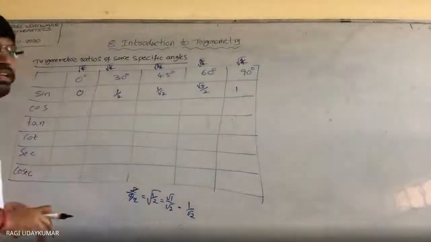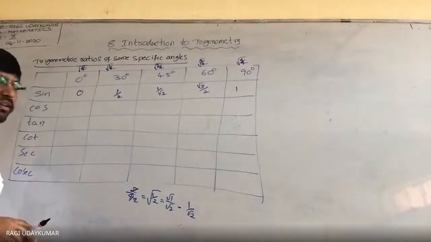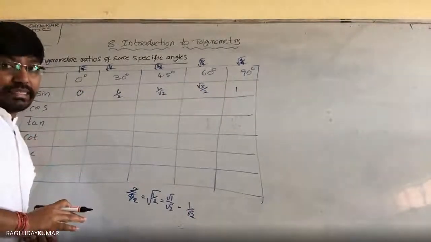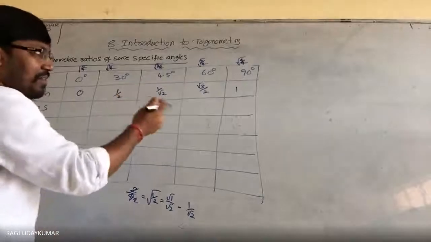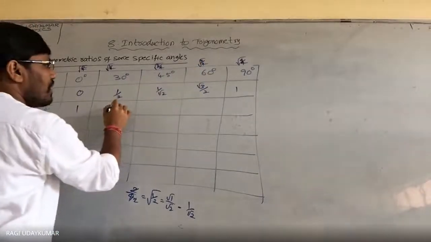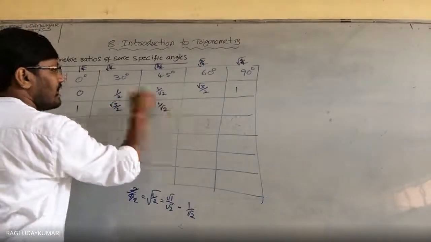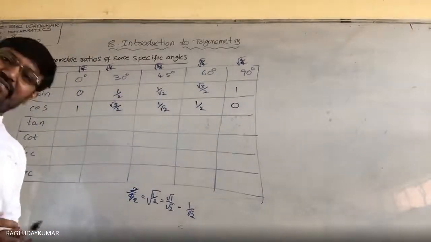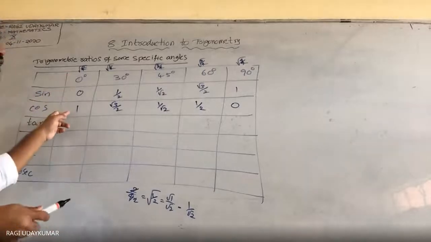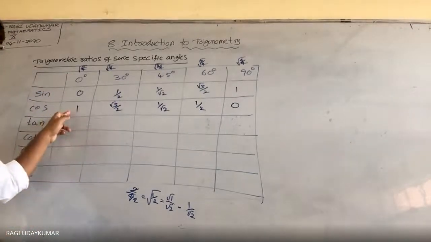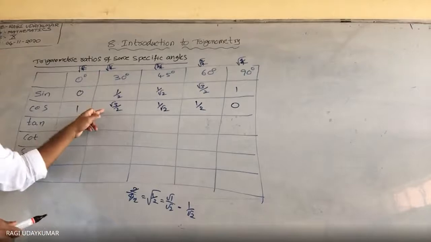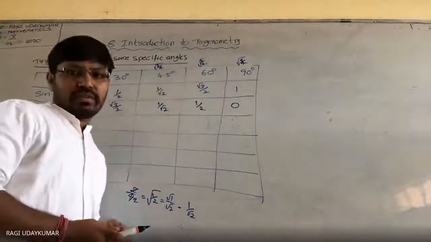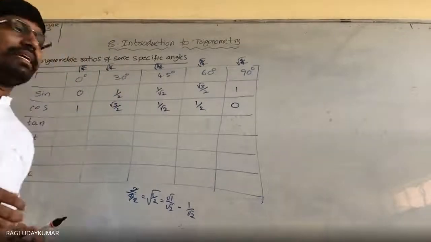And after the sin values, what do you get for cos? Write the same values in full reverse. Where there was 1, write it here; here √3/2, here 1/√2, here 1/2, here 0. The same values come. Remember, cos 0 value is 1, as I just proved. And cos 30 degrees value is √3/2. Cos 45 degrees value is the same, 1/√2. Cos 60 degrees value is nothing but here.